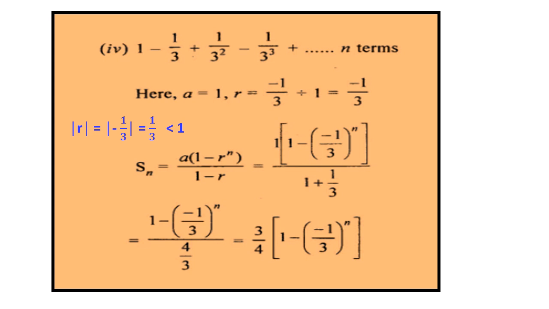Common ratio. After calculating the absolute value of r, if it is less than 1, then the sum of n terms of a GP will be equal to a into 1 minus r to the power of n by 1 minus r. So in case 1, if r is equal to 1, then the sum of n terms of a GP is n into a. If the absolute value of r is less than 1, then the sum of n terms of a GP is a into 1 minus r to the power of n by 1 minus r. Case 3 says that if